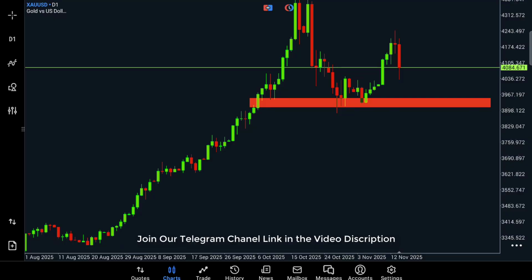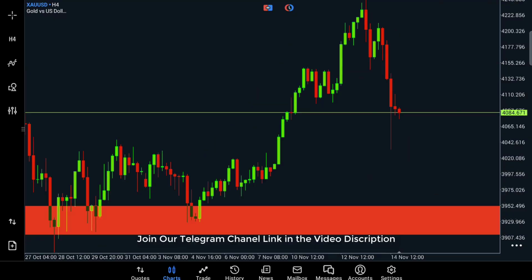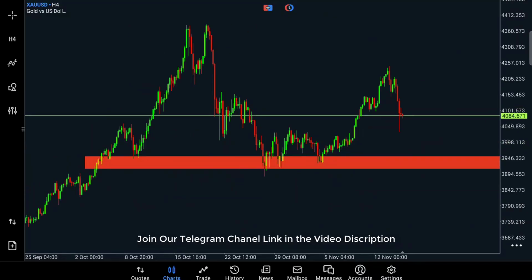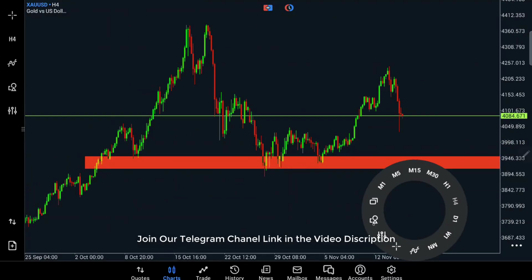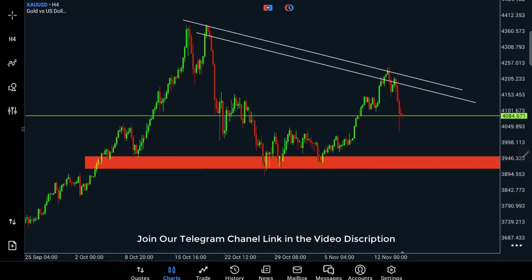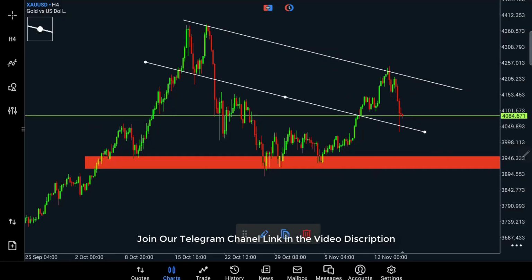So what we need to do is find our proper entry or path on the H4 time frame, that means the 4-hour time frame. If I draw the particular support, resistance and trend line areas, as you can see there is our key trend line zone. If I make this perfect and make a copy over here, as you can see, this trend line touches this particular area